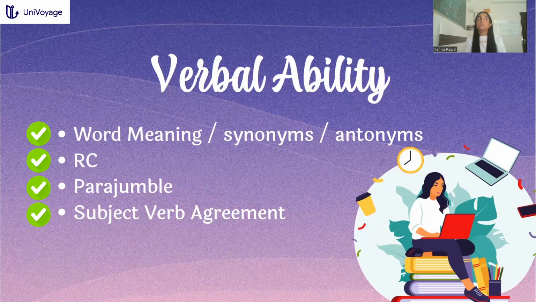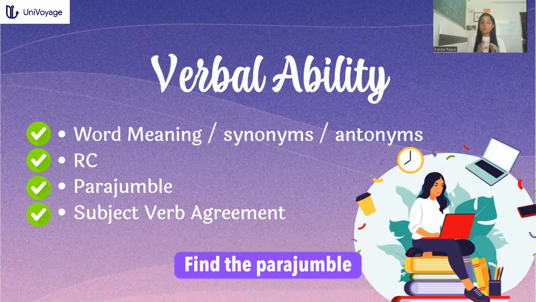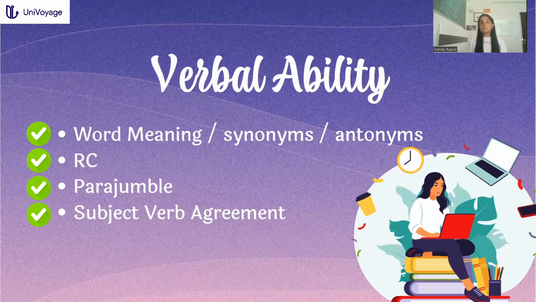Parajumbles is the topic that I got a little frustrated with too during my prep, because I didn't get a lot of good preparation material for it. I got a lot of parajumble based questions, but they were just never of the level of the actual paper or of the mocks, and I was always confused while attempting parajumbles. So I would again suggest give a lot of mocks and find the parajumble questions there, and try to understand the logic behind each and every parajumble question, why you got the order wrong, because it is genuinely a very tricky and confusing portion, and sometimes you may just want to skip over it rather than taking a chance,